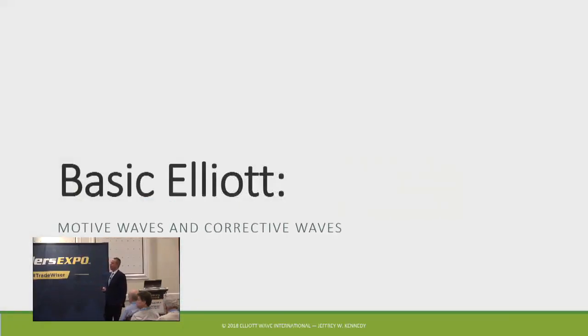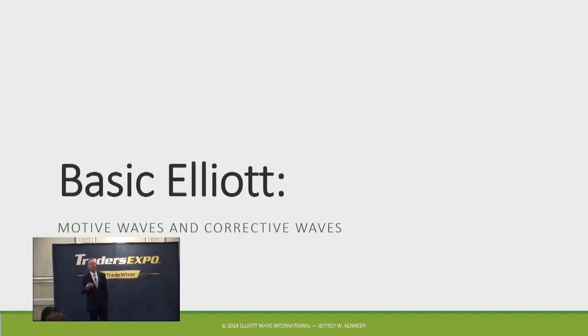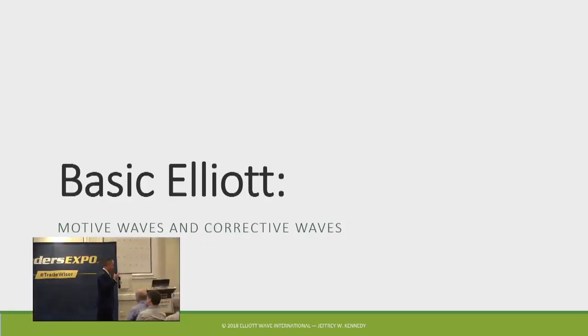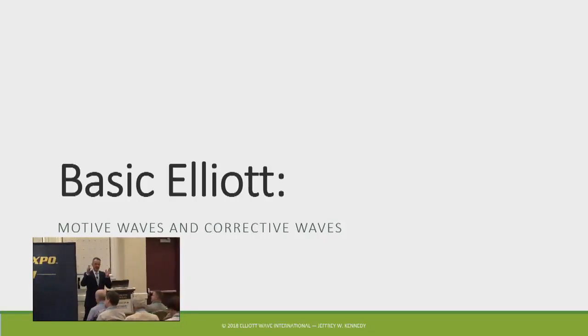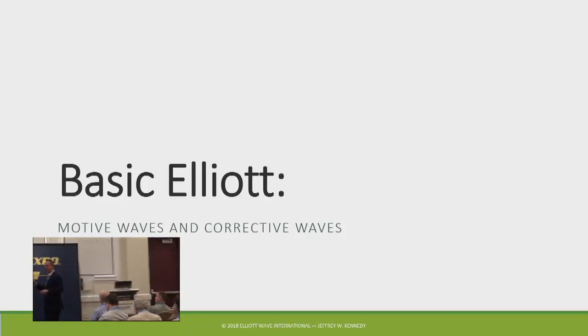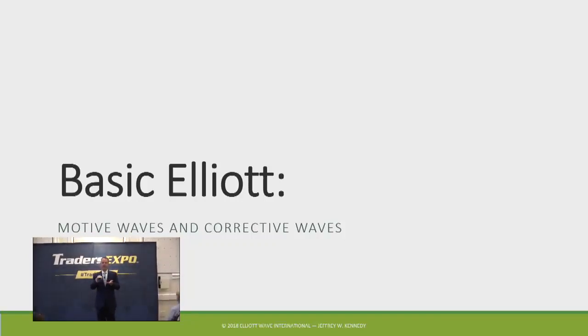So we're going to start off with basic Elliott. So what exactly does the wave principle do? The wave principle gives you a context for viewing price action. Like for example, head and shoulders. When I say a head and shoulder top formation, does everybody understand what I mean by head and shoulder formation? Okay, and what happens if you break the neckline of a head and shoulders top? What? You're going down where?